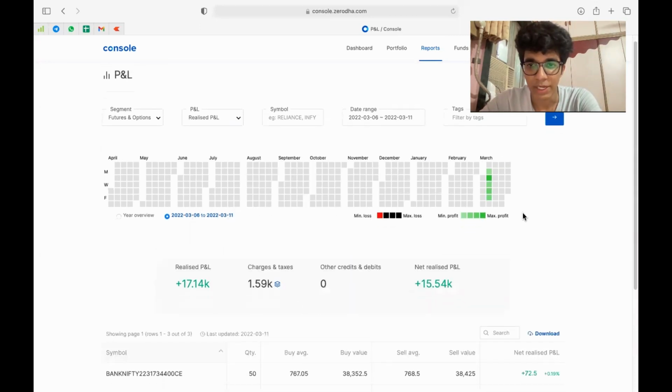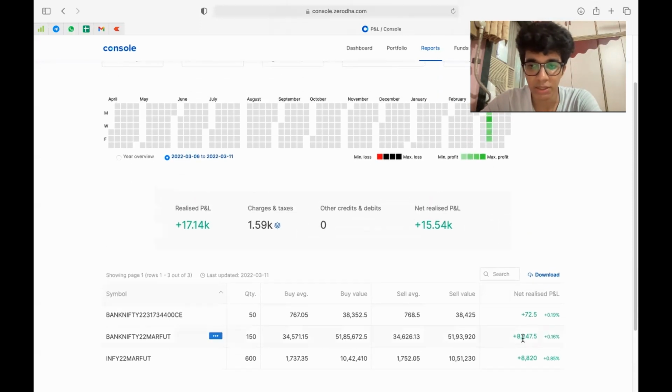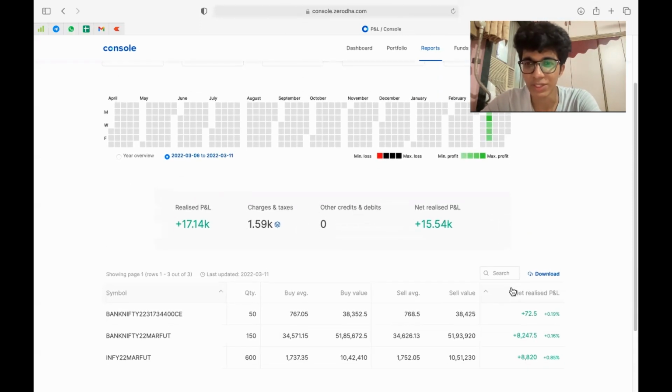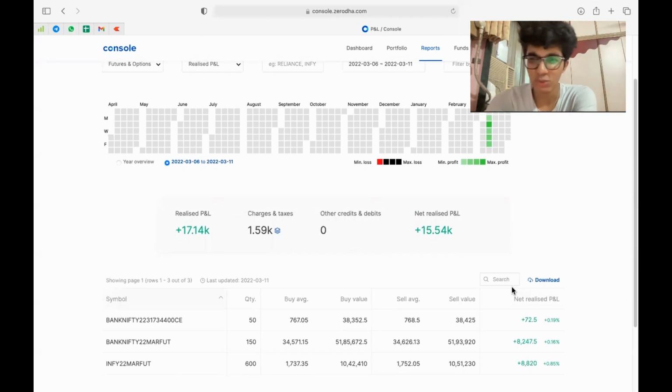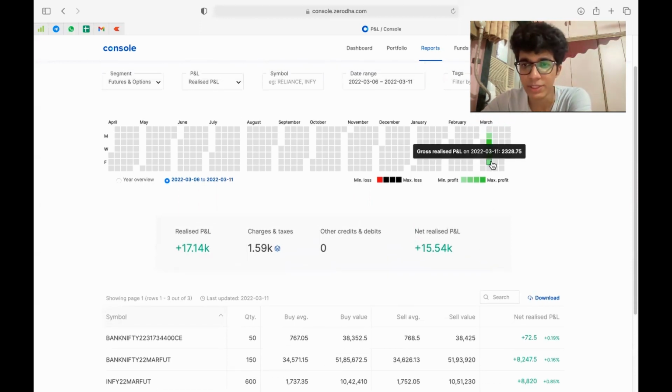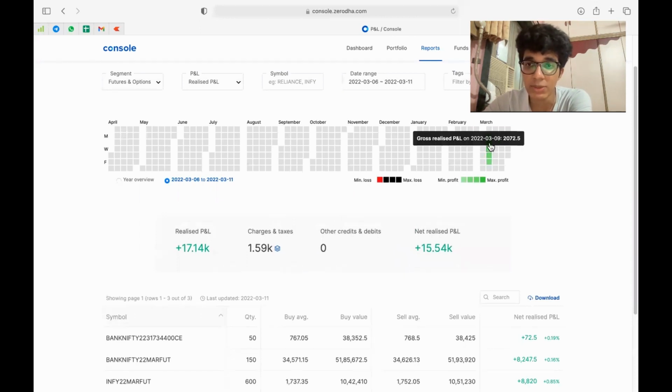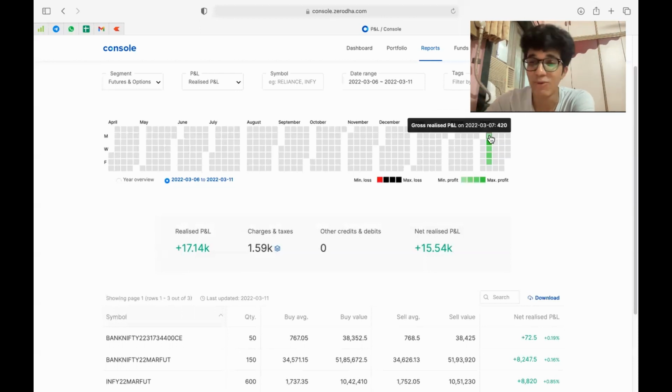What happened on Friday was, again, we took another trade and I think we booked around 2,200, 2,300. And this was just one trade a day. That's all that I took today. If you see over here, 2,000 today, 2,000 on Thursday, 3,900. Sorry, this was 2,300 on Friday, 3,980 on Thursday, Wednesday 2,072, Monday 8,400, and then Tuesday 420, you understand what I mean.